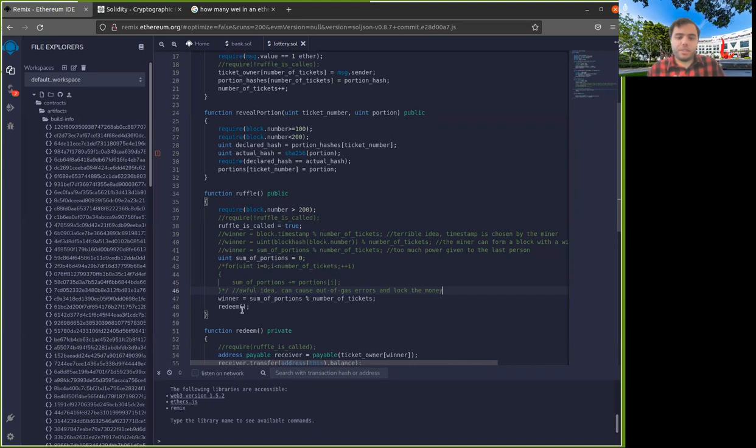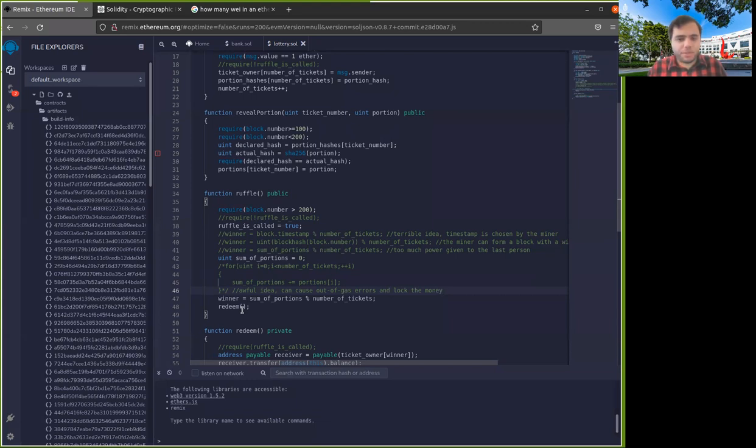Generally, we try really hard to write our contracts without any kind of loops. So we want to make sure that our contract does not have a for loop, our contract does not have a while loop. I mean, as you see here, there is nothing in the language that stops you from creating a for loop, but as soon as you write a for loop, you are opening Pandora's box. It's like you can get out of gas errors, you can get to a situation where some money gets locked, and also even if that doesn't happen, you have to pay a lot of gas for your loop. And usually it doesn't make sense to do that.